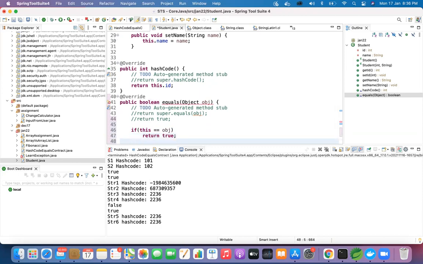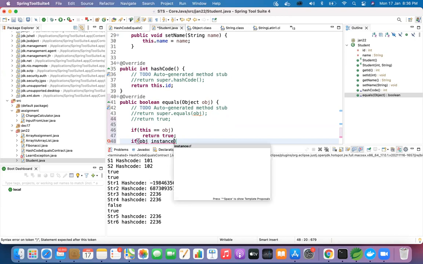Next, the second condition: if my obj instanceof, which is a keyword that helps you identify whether that is a Student object or not. So instead of double equal to, use the instanceof keyword. If obj instanceof, without space, your class name Student.